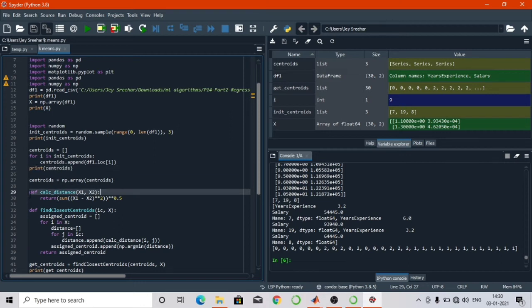Then I used 2 functions, calculate distance and find closest centroids. The calculate distance is nothing but the Euclidean distance formula. I think you are familiar with that formula. Then I assign and append the formula according to my code, and I used argmin to calculate the shortest distance.